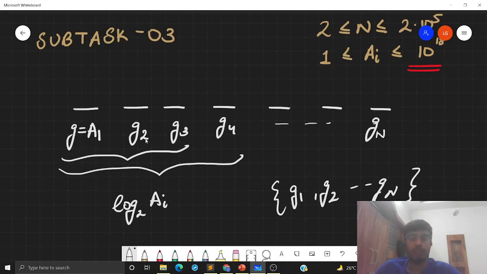Each time G changes, it decreases by a factor of 2 or more. So each time I get a distinct value of G, the value decreases by a factor of 2 or more, and that's why there are at most log base 2 of ai distinct values of G among these prefix GCDs. This observation is quite useful and helps to solve several problems, and we will see that it actually helps in solving this problem also.